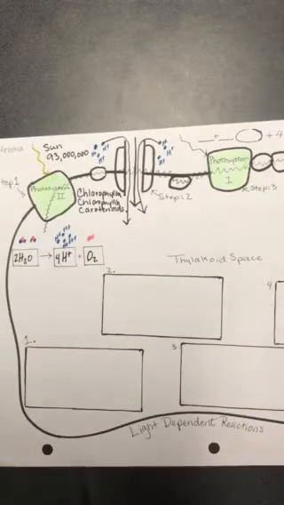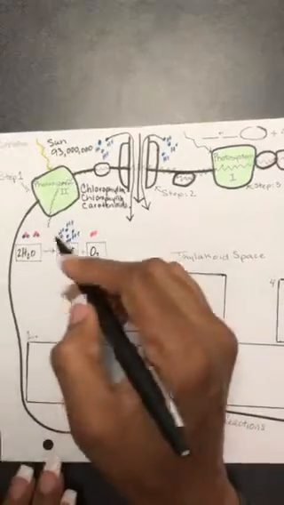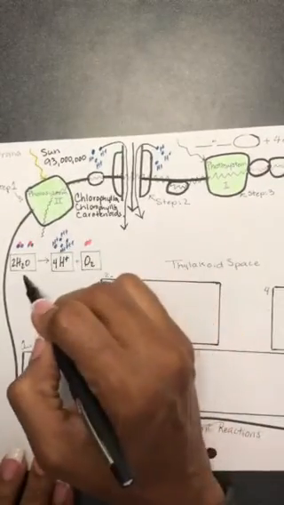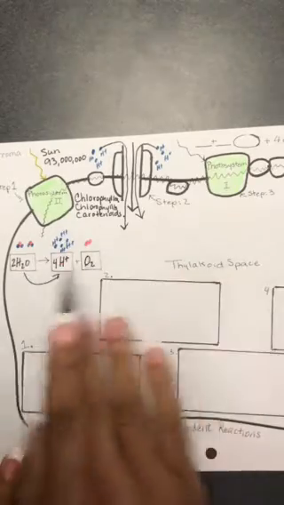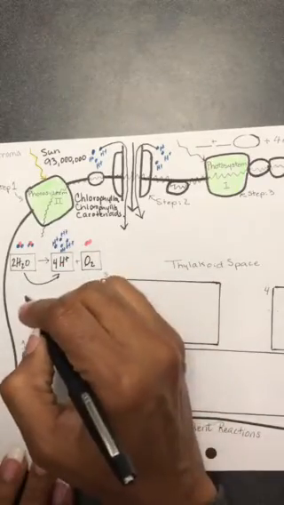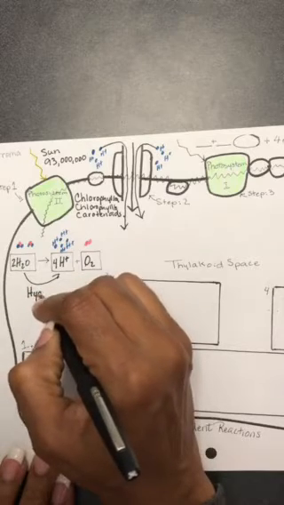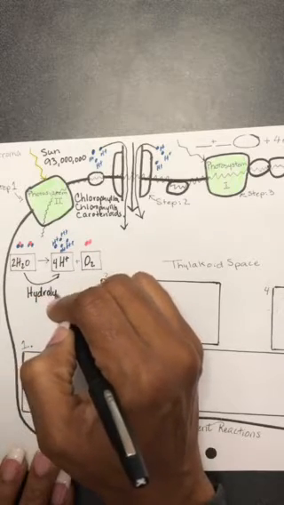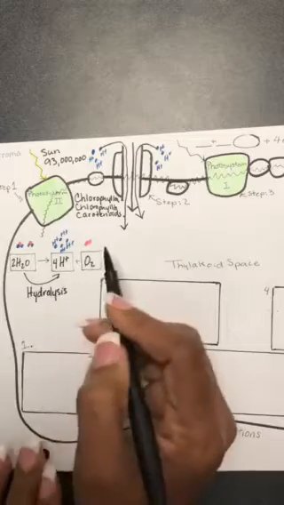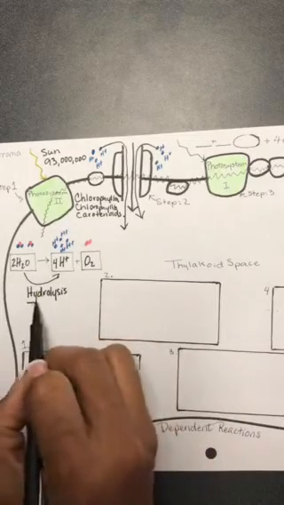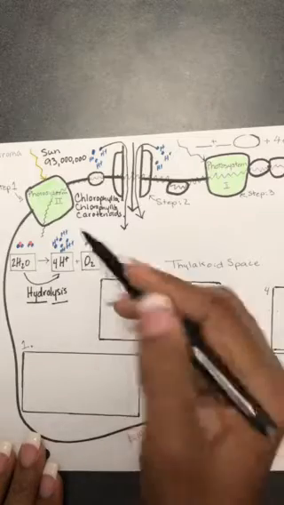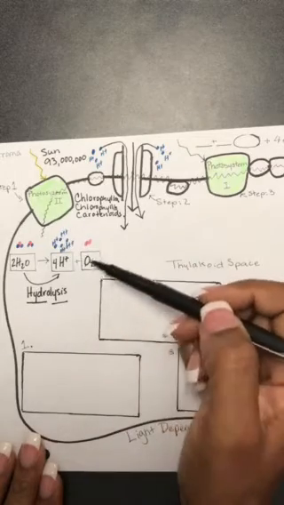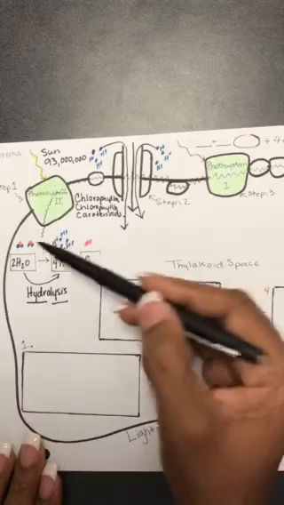So the process of water splitting is called hydrolysis. So let's go ahead and draw a line from the 2 water molecules to it being split up. And we're going to write the word hydrolysis. Okay, and remember earlier in the school year, we know that hydro means water, lysis means to split or to break apart. All right, so now we've accounted for our protons and our oxygen atoms from our 2 water molecules,